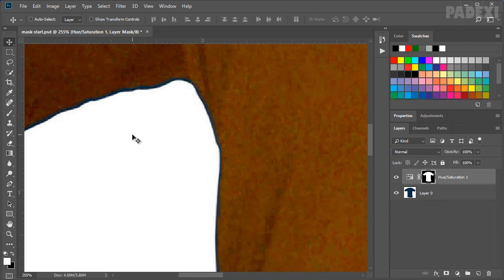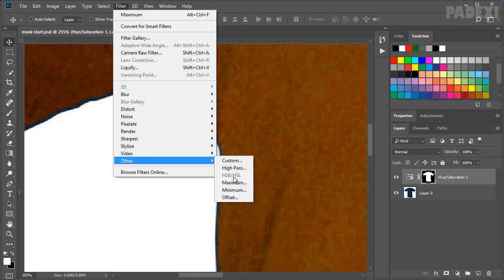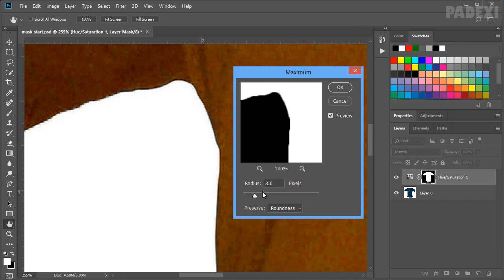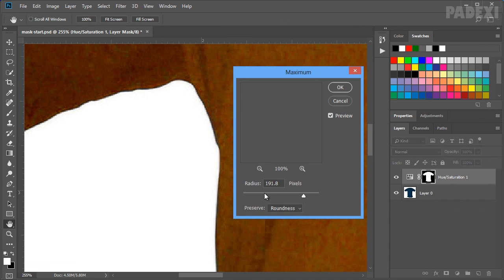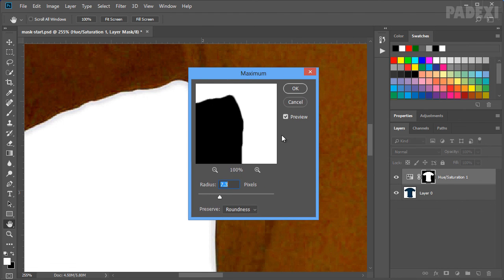In order to use the maximum filter, make sure that you select the swatch here and then go to Filter, Other, Maximum. Here we have this radius value that you can use to control the area that the mask covers. Right now I want to change it to 3, and I want to set Preserve to Roundness.